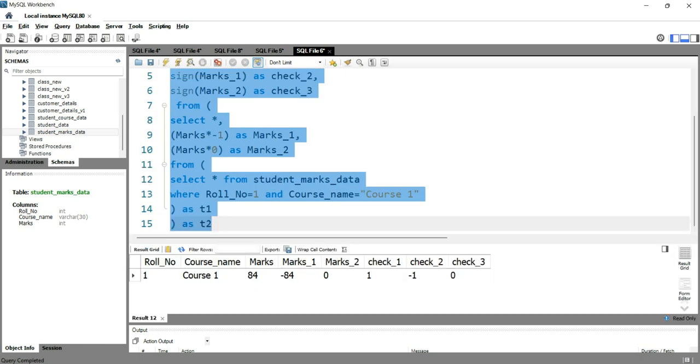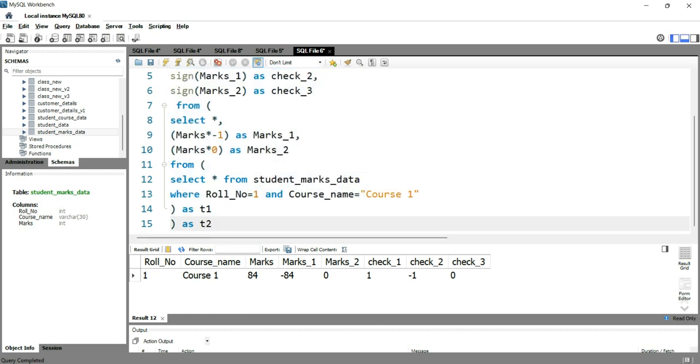After running this query, check1 is for marks, so it's giving 1. This means that 84 is greater than 0. Check2 is for marks 1, and the check2 output is -1. This means that marks 1 is less than 0. And check3 is for marks 2, and marks 2 is equal to 0. That's why the sign function is giving us 0 as an output.